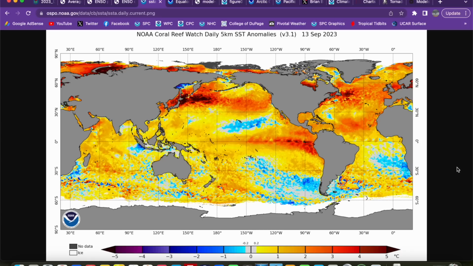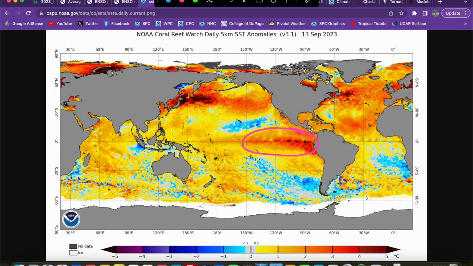So what about our current and forecast state of ENSO going into the next few months? Well, here's a map of current sea surface temperature anomalies across the globe. The yellows, oranges, and reds represent warmer than normal sea surface temperatures, and the blues and purples represent cooler than normal sea surface temperatures. And you can see that the waters in the equatorial Pacific are quite a bit warmer than normal, and it's been that way for quite some time now,